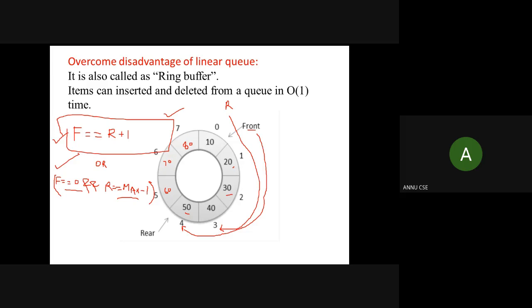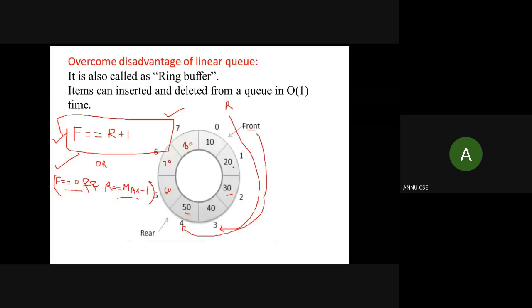And it is a very important question, and it can be asked in the university exam: what are the limitations of a linear queue, and what is the feasible solution you can use to overcome that condition. Okay, and you can also be asked that instead of using a circular queue, what is another solution you can use to overcome such a situation. And I have already discussed that solution with you.